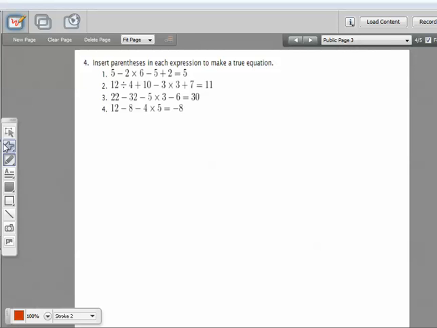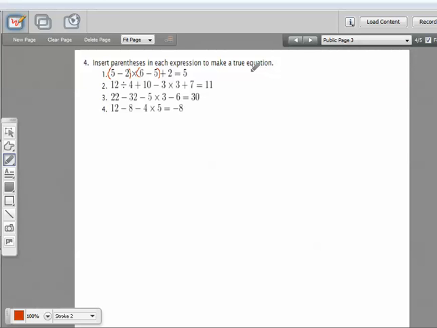Let's look at number 4 and number 5 in this video. Number 4 says insert parentheses in each expression to make a true equation. For number 1, we can just guess and check with these, and I'm actually going to go ahead and put these in the correct place right away. I did guess and check quite a bit with some of these, but if I put my parentheses there,